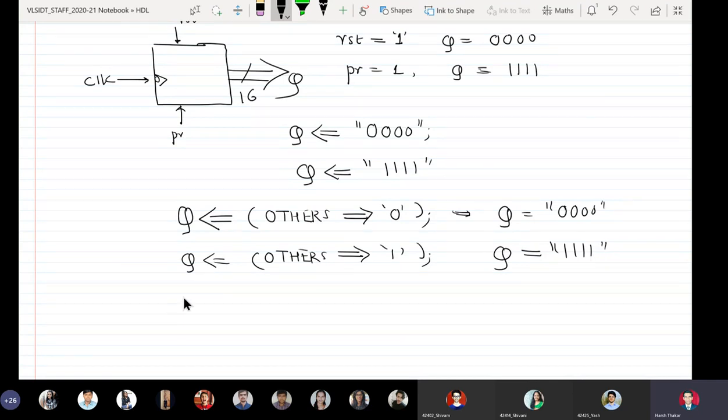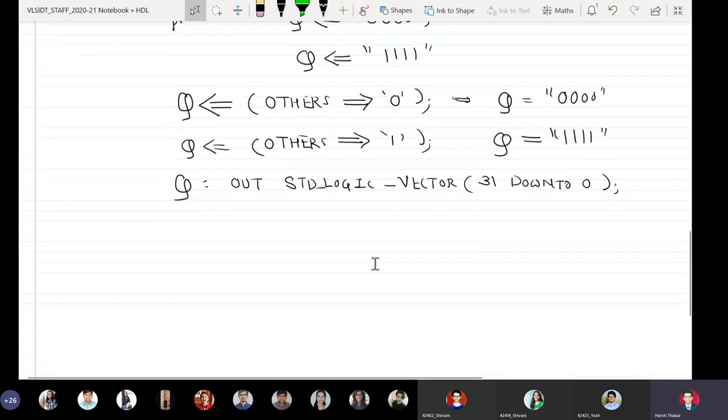Okay, so if I define Q as Q colon out std_logic_vector 31 down to 0, then if I want to reset that counter, instead of writing 32 zeros, I'll simply write down Q is assigned others.